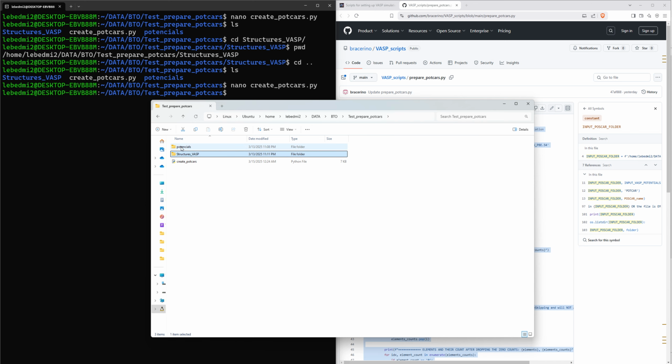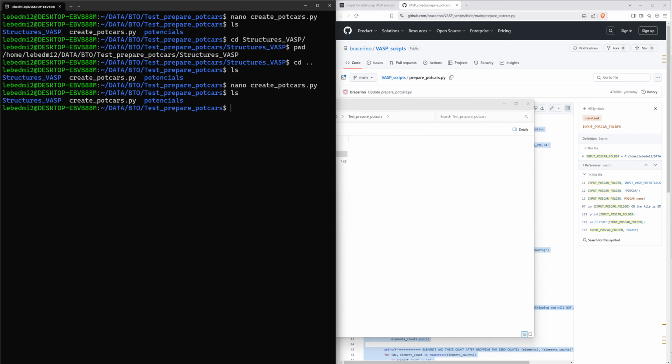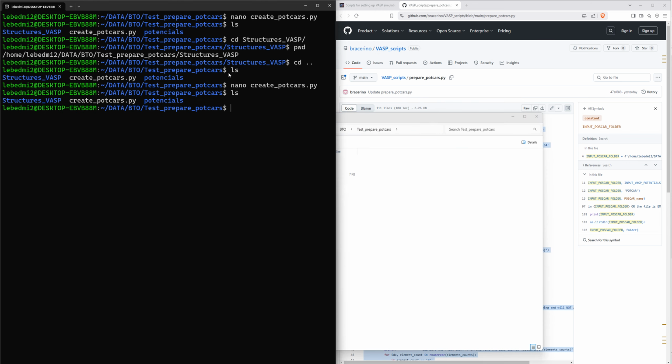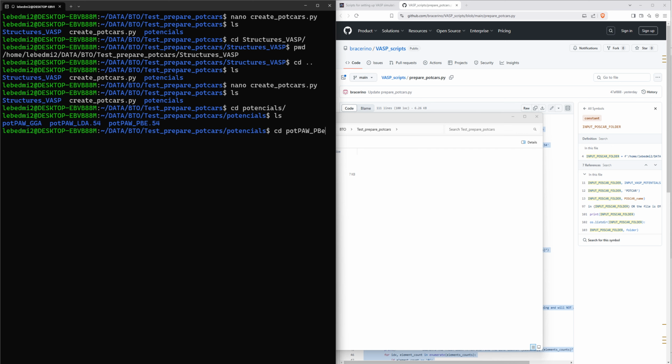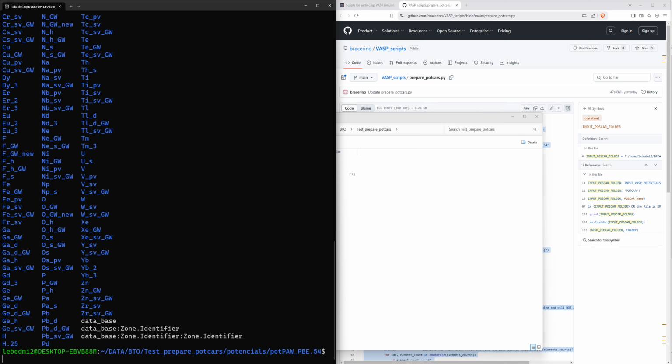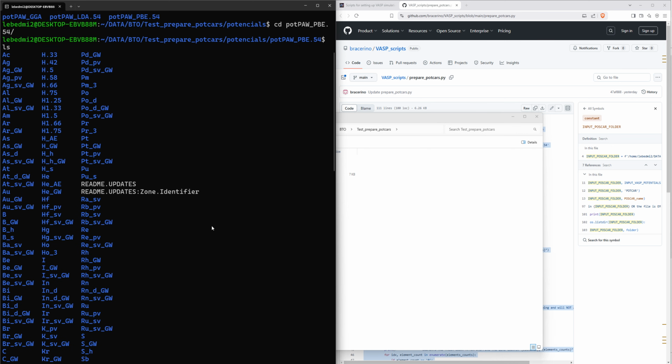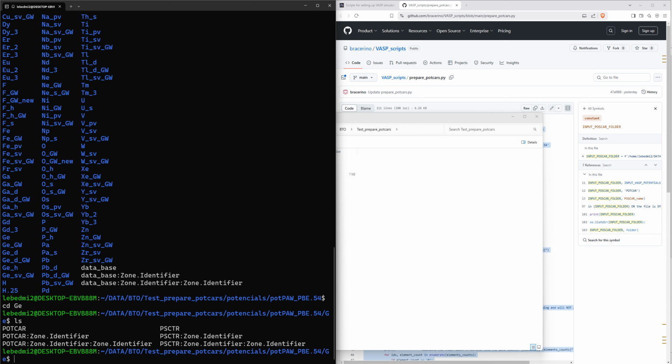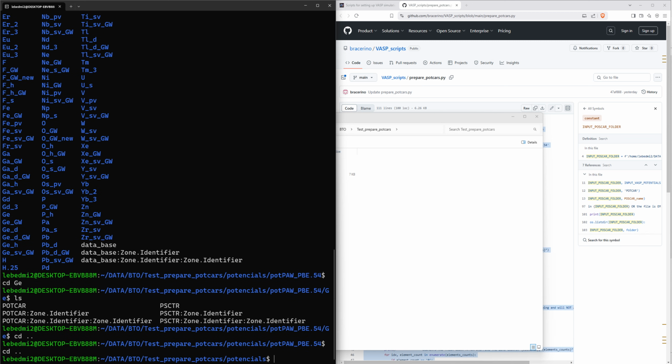and the second variable is the path to the potentials for each element. So if I open this folder with potentials, what I need is this folder. Let me show you what's inside, and you can see there are potentials for each element. For example, if I go to here, you can see I have the POTCAR here. Okay, so the path